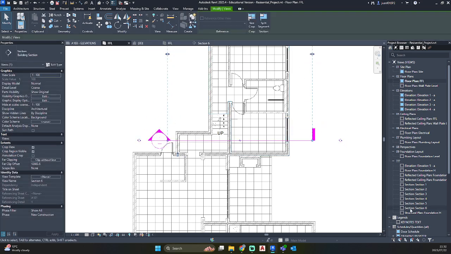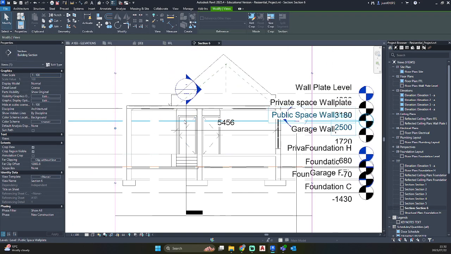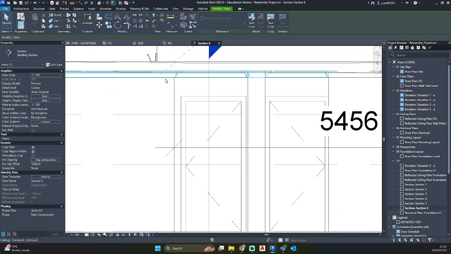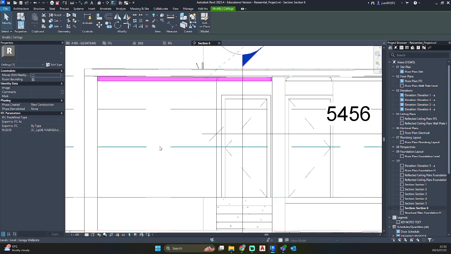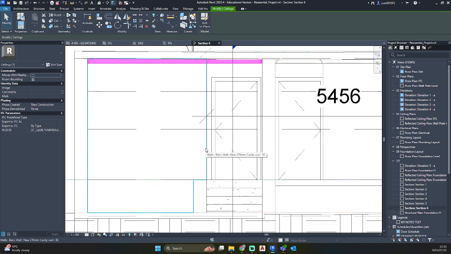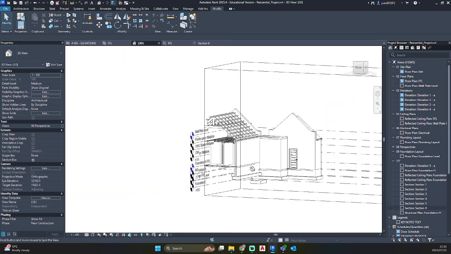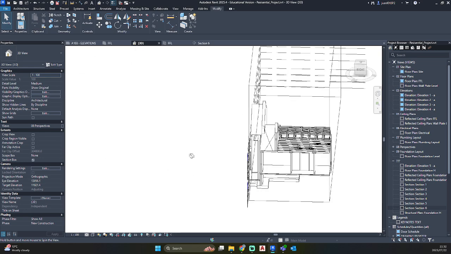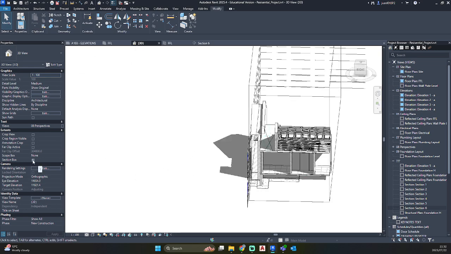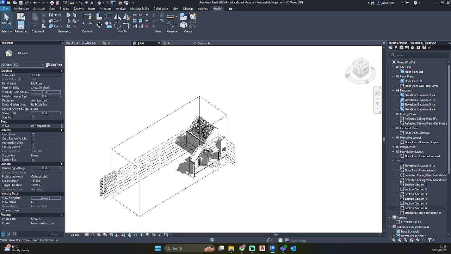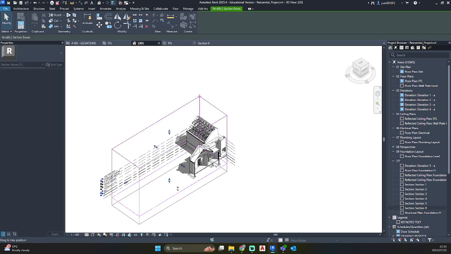I'm just going to move my section up. And there is our cornice as well. So I'm going to uncheck, let's move our section box. Wrong one.